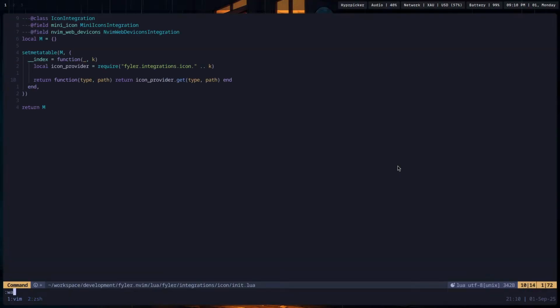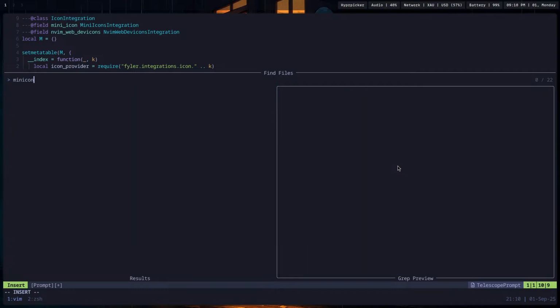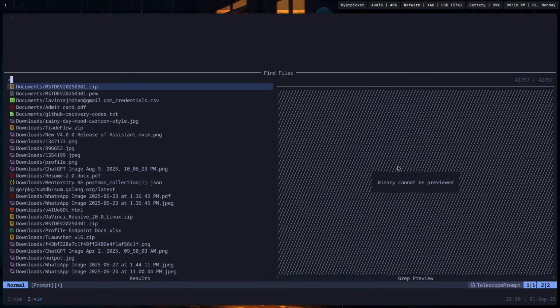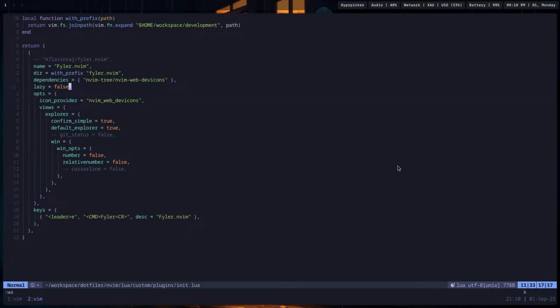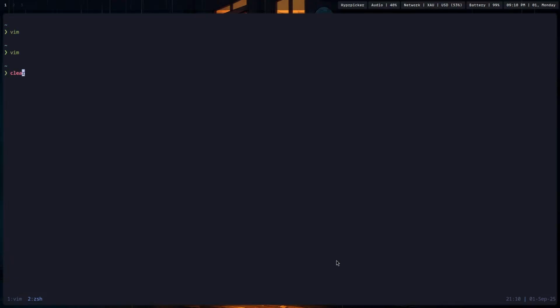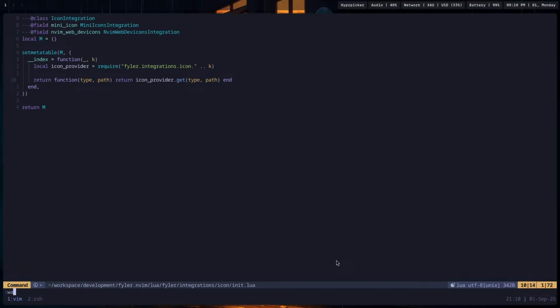Let's try those things with mini icons as well. Let's try to do that with a little bit of an error. Let's raise an error because we don't have mini icons installed in this configuration. So let's try to change this to mini icon. It should raise an error. Like, yeah, you can see mini icons are not installed or not loaded. So yeah,